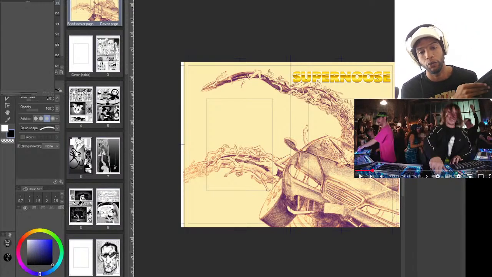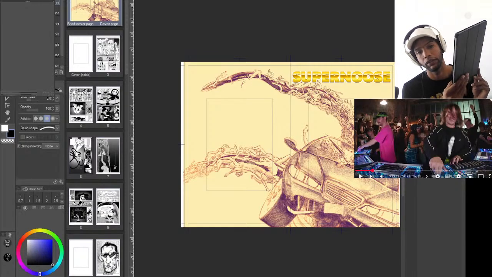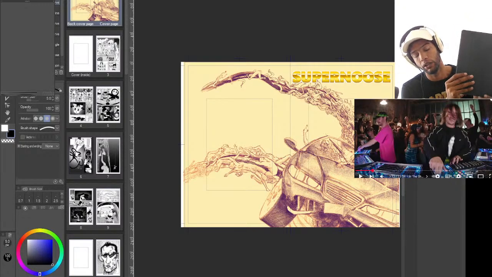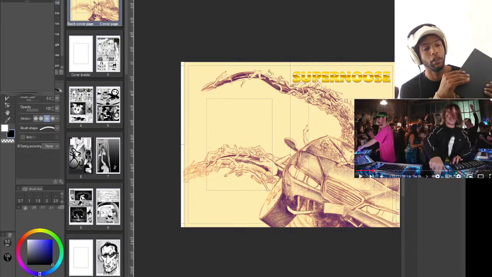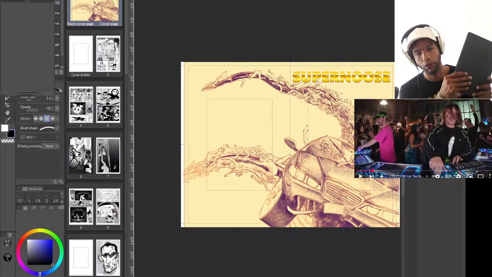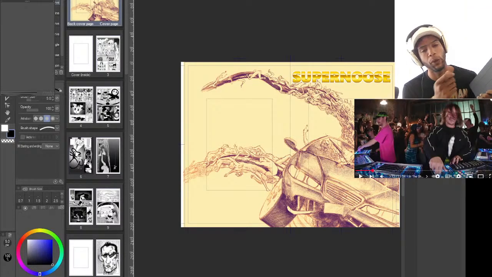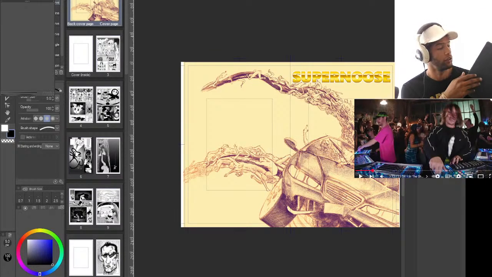But I think if you do a line work heavy art style with flatter colors, this is a great device for you. If you do animation, this is a pretty decent device. It does work well for painting too. I just know a lot of painters might want that tilt aspect.